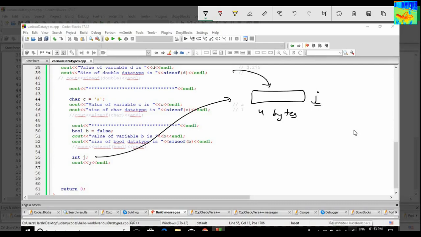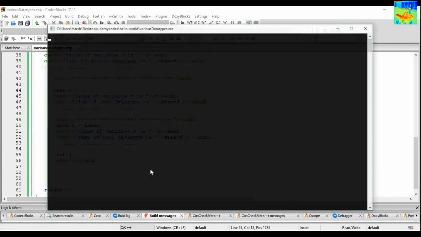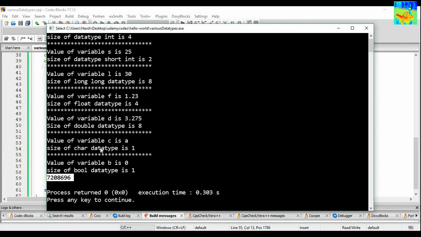So there will be a garbage value inside these 4 bytes, and when I am printing j, this garbage value is getting printed.